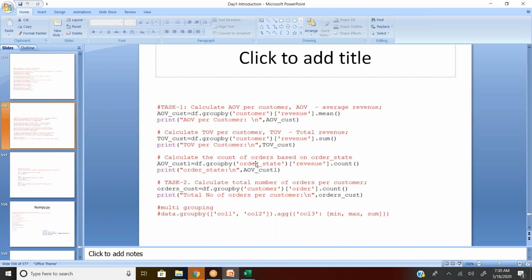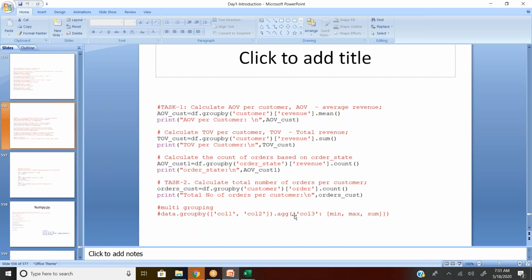Now this is only one column I took as a grouping. Can I take multiple columns for grouping? Yes, you can, depending on the need. So dataset.groupby in normal brackets, give the square bracket again to maintain multiple columns. If it's a single column, I don't need the square bracket. If you observe the customer or order state, whatever I mentioned within the group by as a single column, there's no need for square brackets. But for multi grouping, where I have column 1 and column 2, which is two columns, it is mandatory to give the square bracket.